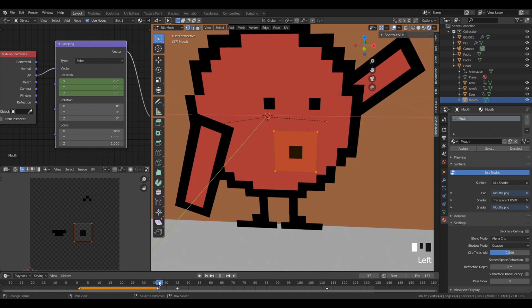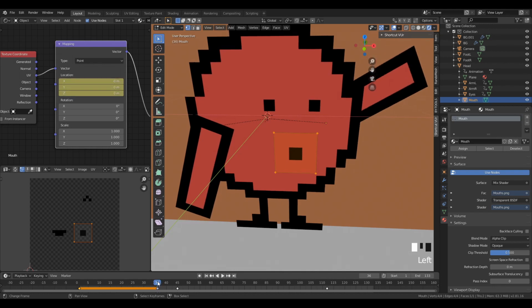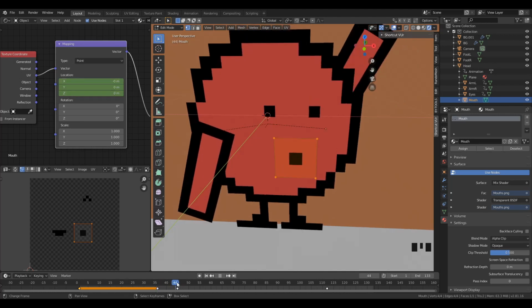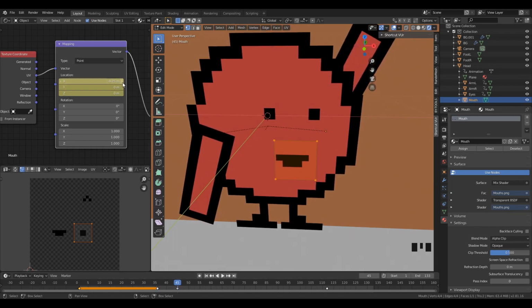And then this took a little fine-tuning, but I found another keyframe where the mouth would change, and then I just kind of guessed. I just clicked this arrow because if you do it immediately, it goes a long way. And this is a small image. Everything is tiny, so we're going to want to